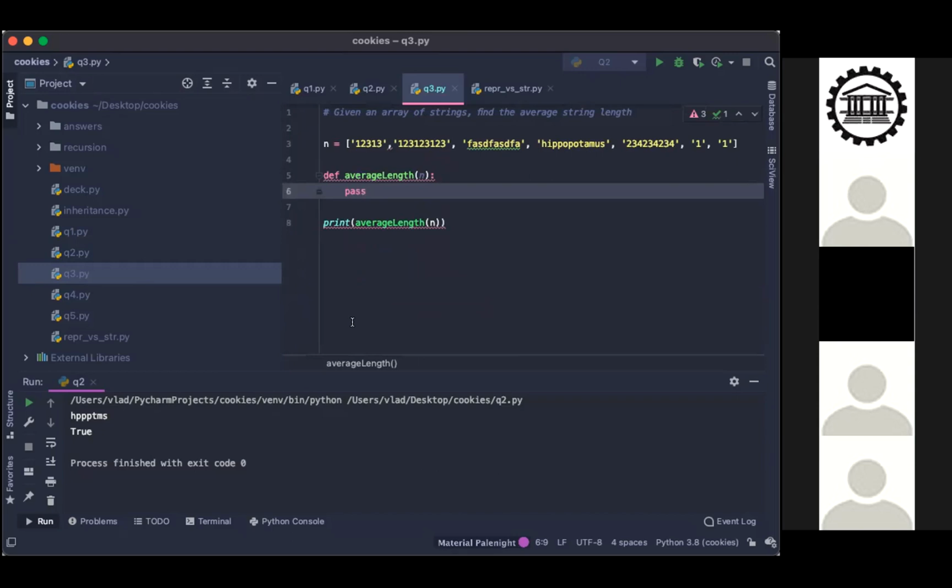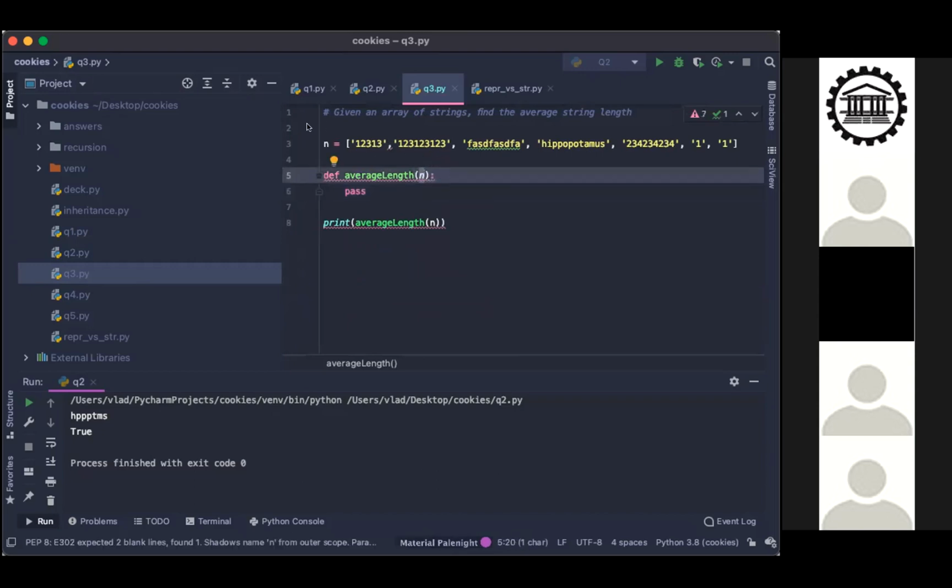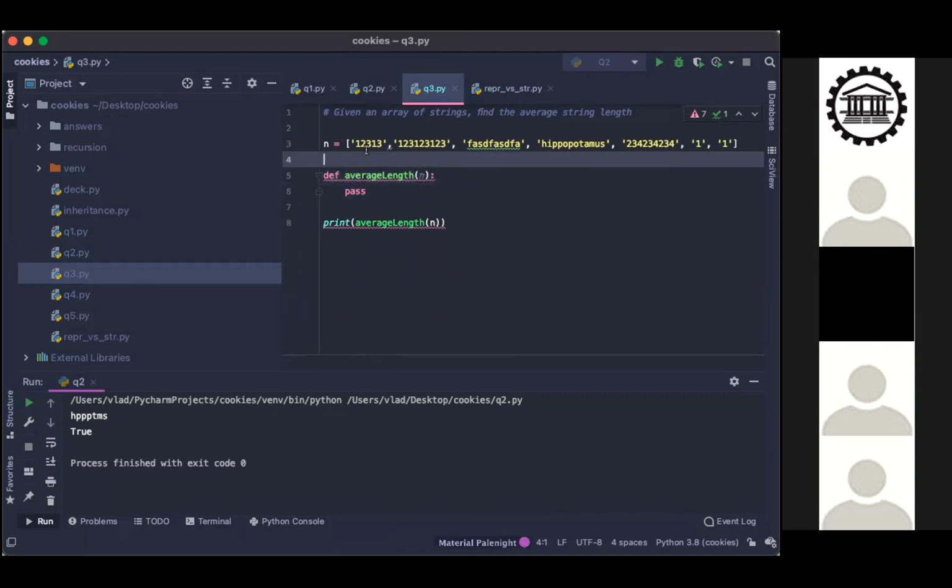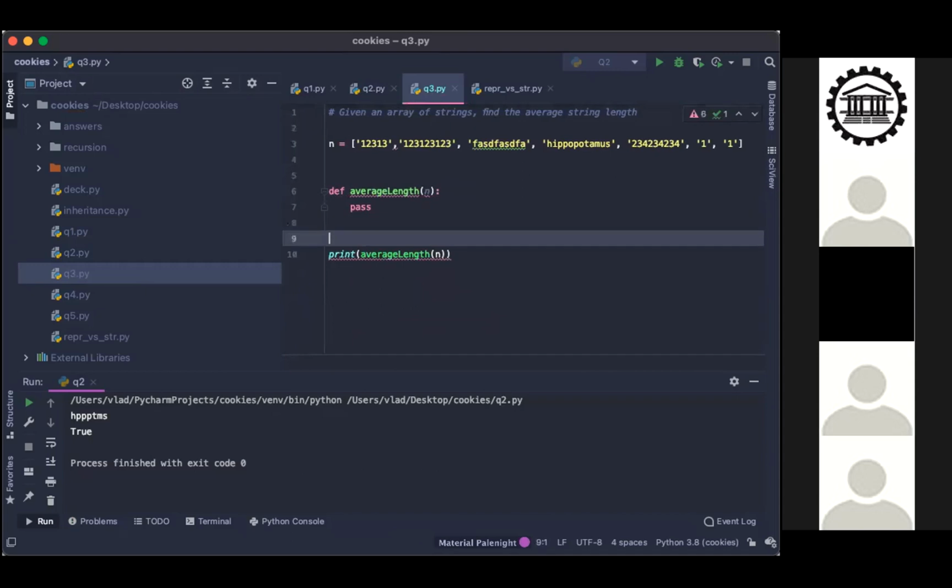Given an array of strings, find the average string length. And then here we input the array of strings, and then we want to print out the average length, so the mean. Okay. How would we start this? The average length.